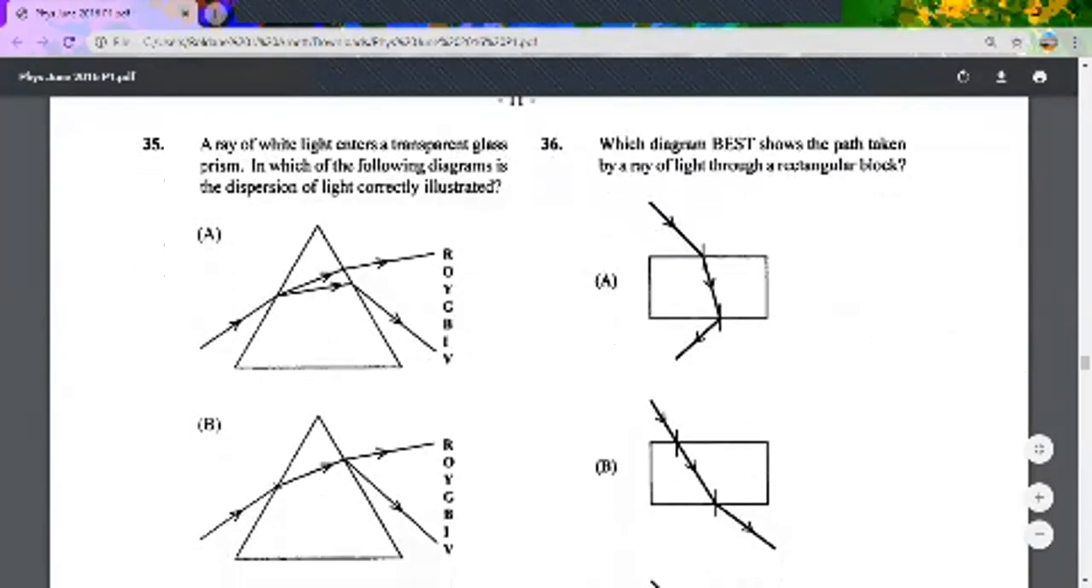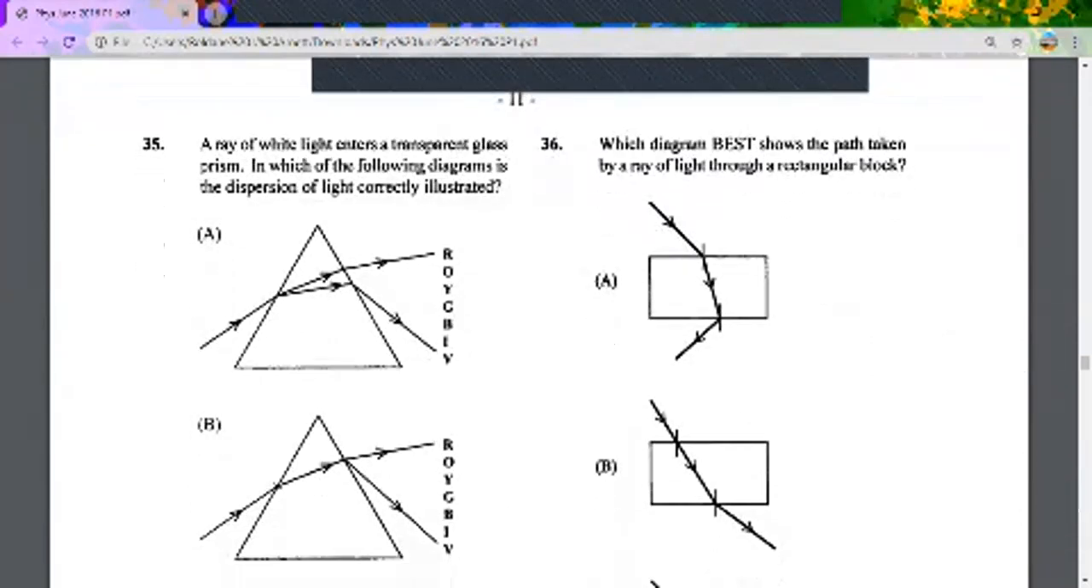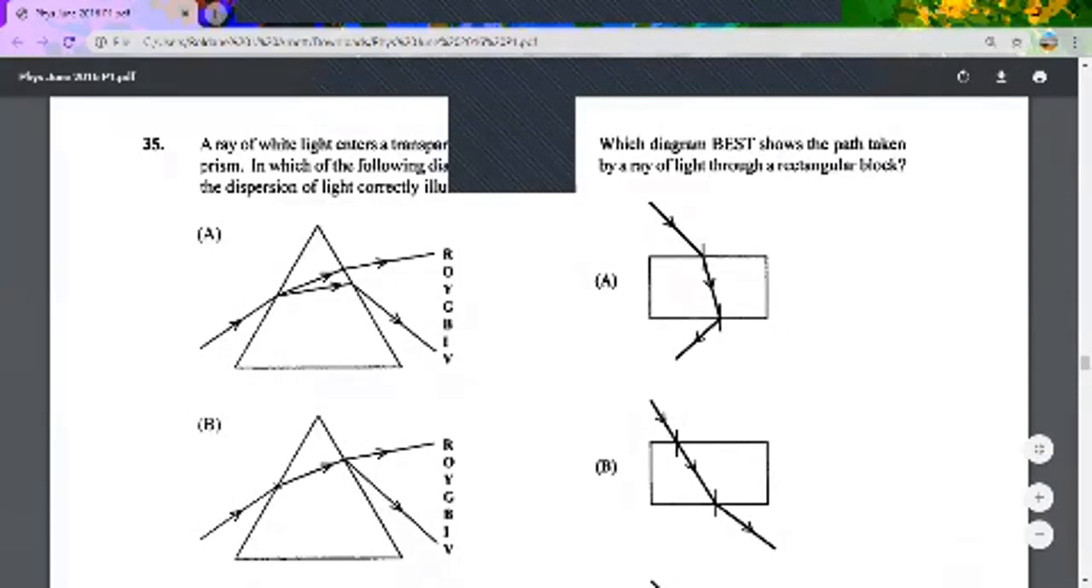A ray of white light enters a transparent glass prism. In which of the following diagrams is the dispersion of light correctly illustrated? And let us just look for Roy G. Biv. And Roy G. Biv is actually A. The reason why we look for Roy G. Biv is